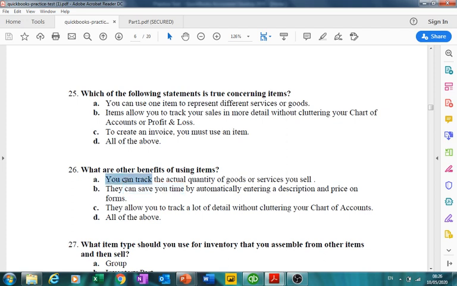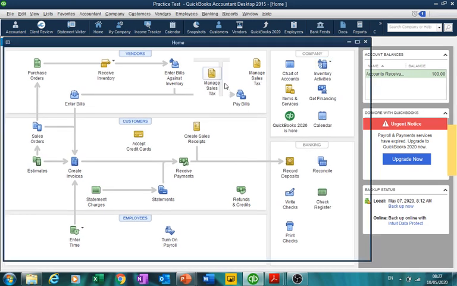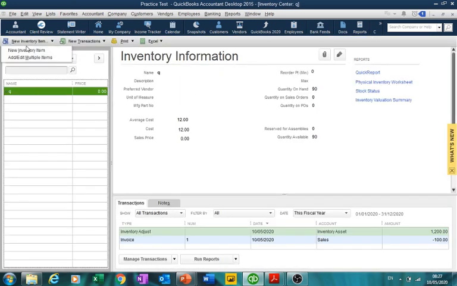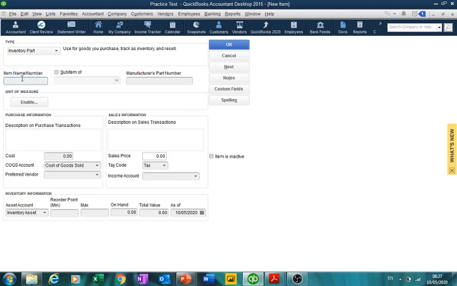The benefit is you can track the detail, yes, the actual quantity you sold, the actual quantity you purchased. You can save time by automatically entering descriptions and prices. If you enter an item in the inventory center, if you go here and enter a new item, inventory part, for example, you call it SSS, and you put the details here, for example 13, sales price, for example we have 20,